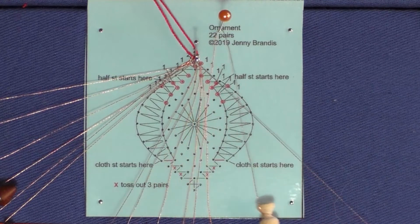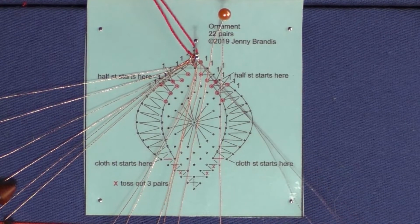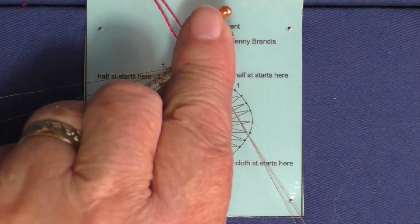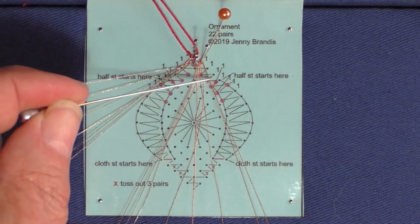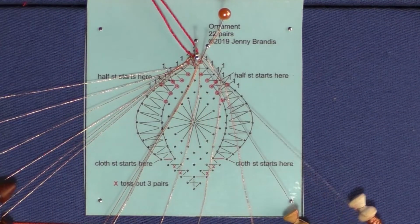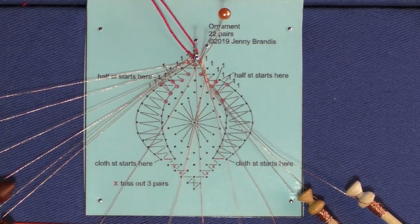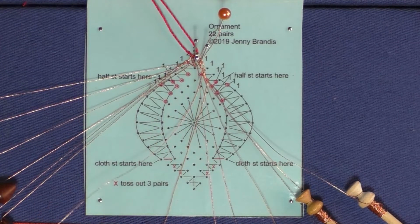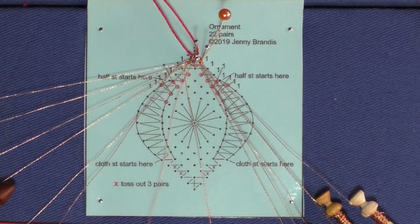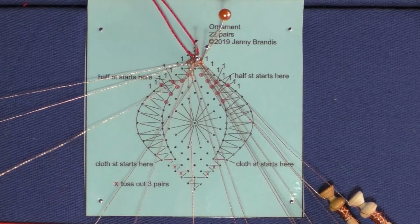Cross stitch with the right weaver pair, cross, twist and cross. Put 2 twists on the worker pair and put up the pin. We will remove that temporary pin shortly, but in the meantime, we're going to cross stitch the weaver pair through and across to the left side. Cross, twist, cross, cross, twist, cross, cross, twist, cross, and tension. Cross, twist, cross, cross, twist, cross, cross,